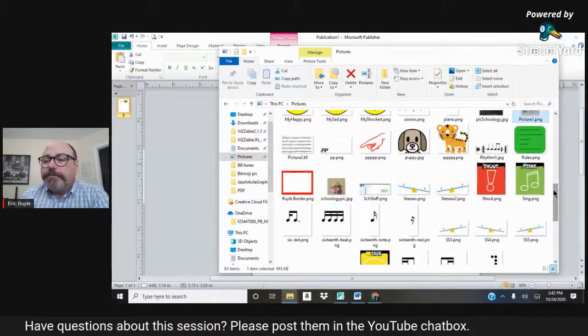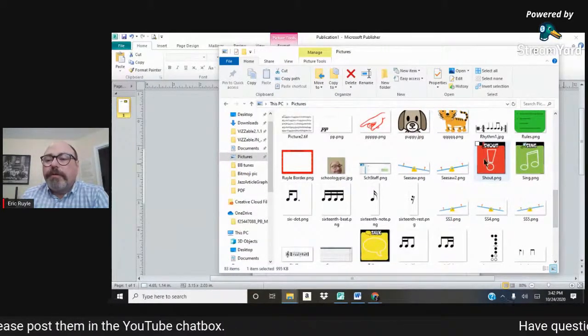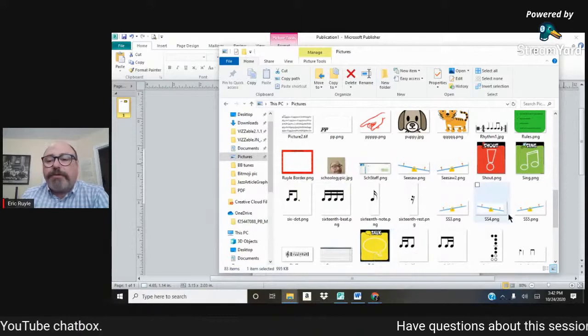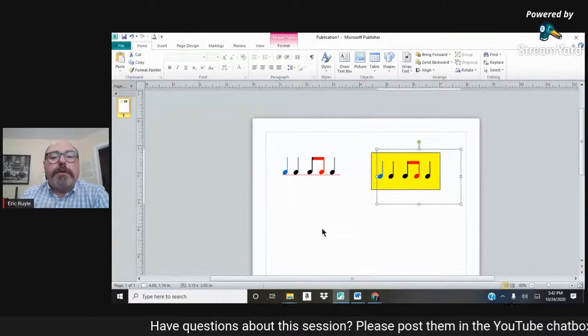So you see some of the images that I've created that I was using for my things, images on Chromebook stuff. You can go through and do that. I took these images, shrank them down and went through and did that. So Publisher is a fabulous tool that nobody uses.